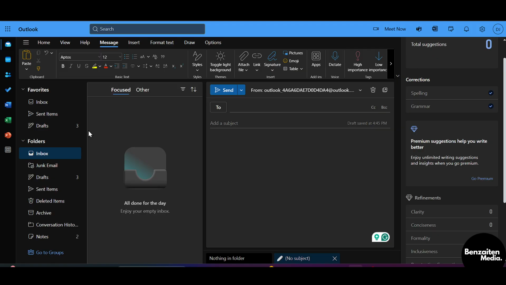From there, if you are new to Outlook, simply click on sign up and then sign up with your mail, password, and other credentials to create your new Outlook account. But if you already have an Outlook account, simply click on login and then you will be automatically logged in to your Outlook account. Now, after signing up or logging in, on the left side, you can see the option